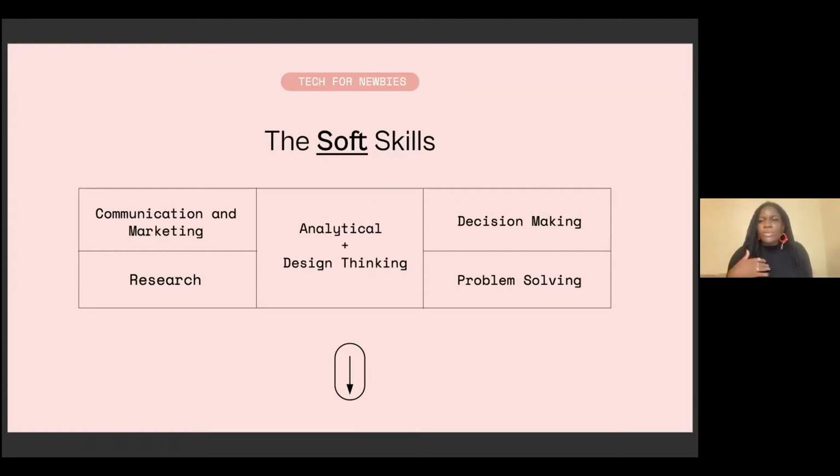So being able to communicate with people, because you are going to be talking to people in your community, and hopefully to clients in the near future. You need to be able to articulate your thoughts and your process, and also market yourself, because you want your work to be out there and you want people to see it so that you can start earning from it.